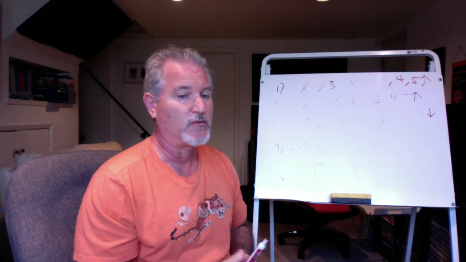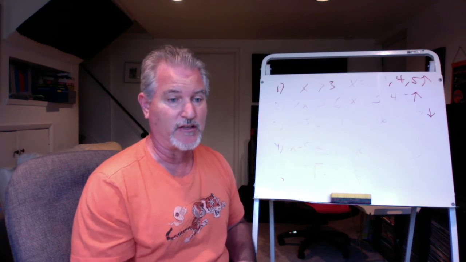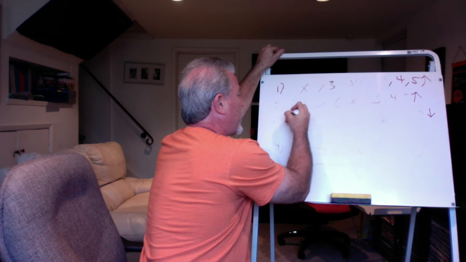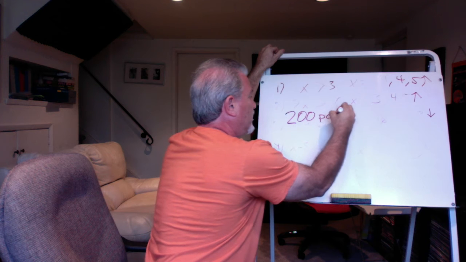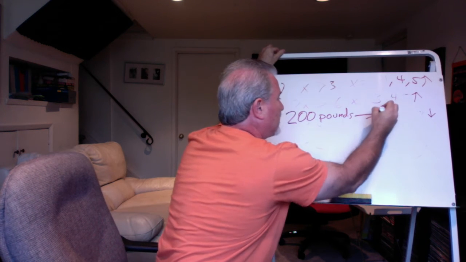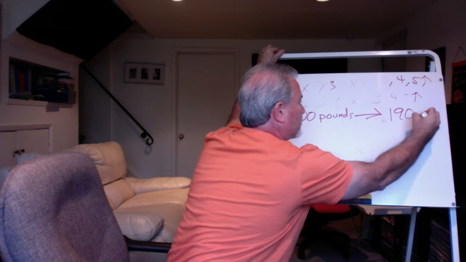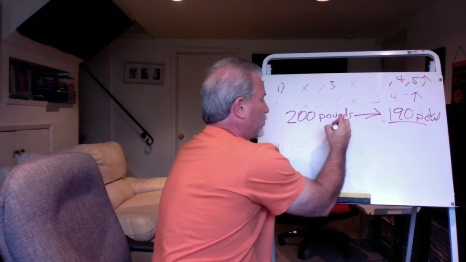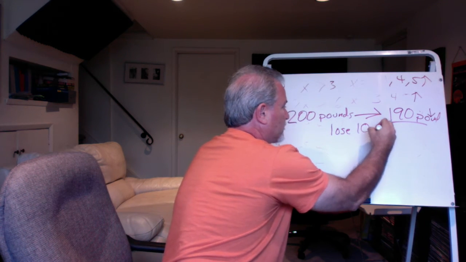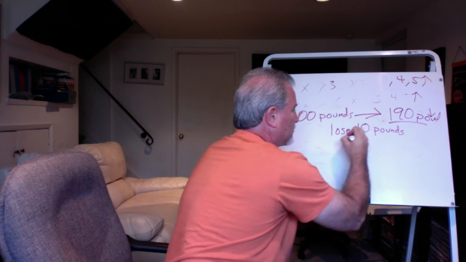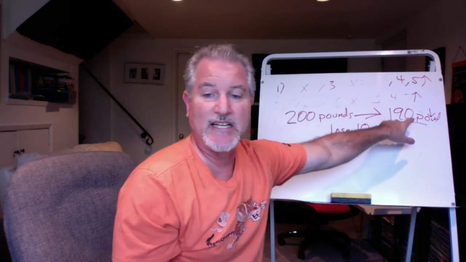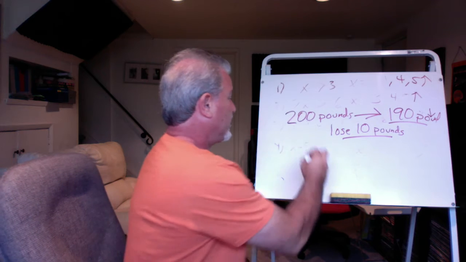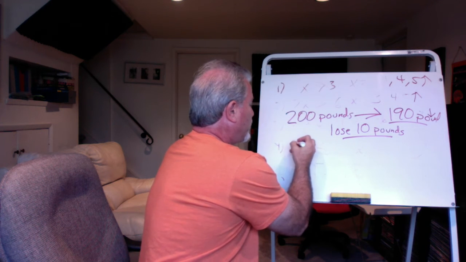But when you're writing an equation, what you have to do now, I'm not going to give you the answer, but let's say he's 200 pounds, right? And his goal is he wants to get to 190 pounds, okay? That's his goal. That means in 2 weeks, he wants to lose 10 pounds. So if he starts at 200, wants to get to 190 in 2 weeks, he's got to lose 10 pounds. So that means our equation is going to be 200